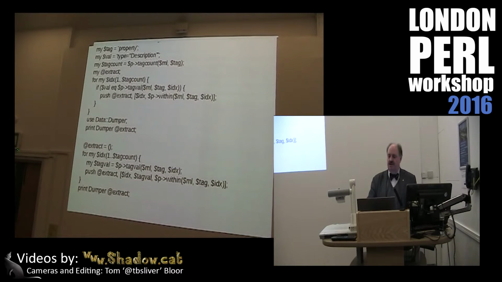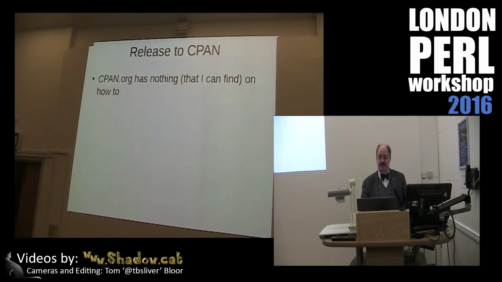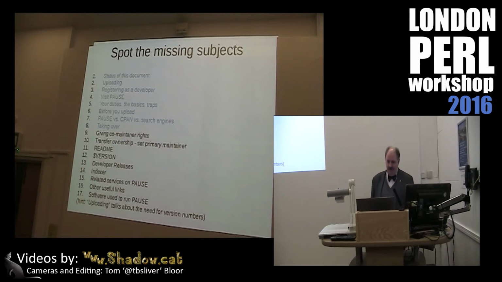Now I put this up to the London Perl Mongers a few months back, earlier in the year, and said, is this worthy of CPAN? And I was told yes. So I tried to release it to CPAN. And I have succeeded in doing that, but only after various fights, because you go to cpan.org, there's nothing that tells you how to put something up. They do point you to PAUSE, and that has an about page. Now, it does have a section on uploading, which talks all about the importance of version numbers. It doesn't tell you how to upload.